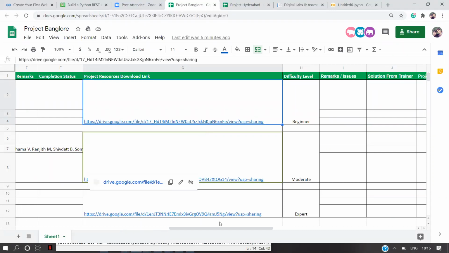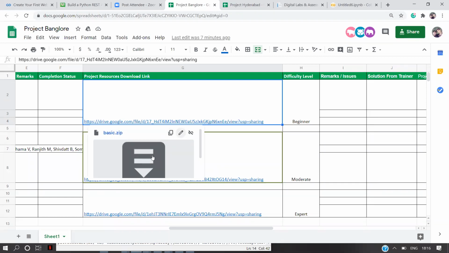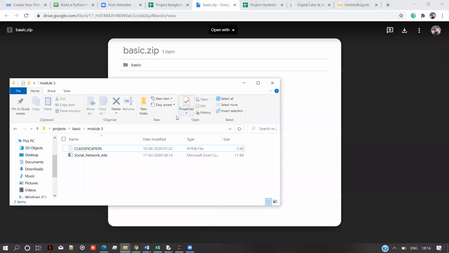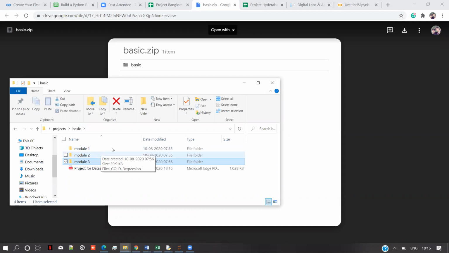When you download this zip file, you'll find three folders called module 1, module 2, and module 3.